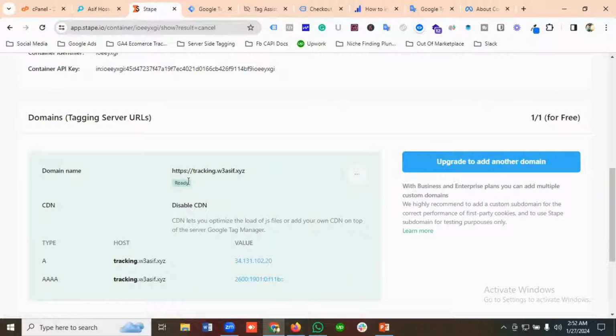You can see it is ready. That means it is verified. Okay, perfect. Then we can use this domain. So this is our main domain, so using this domain, we can track our first party domain data. Okay, so I'm gonna copy this URL